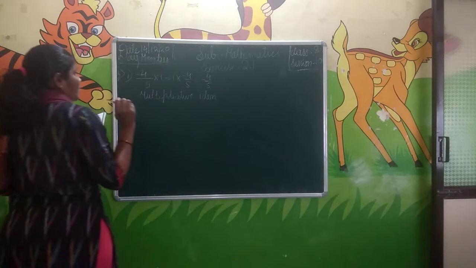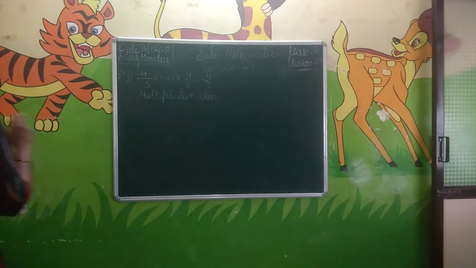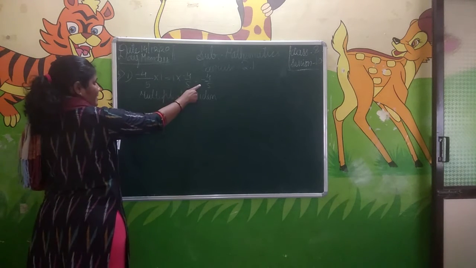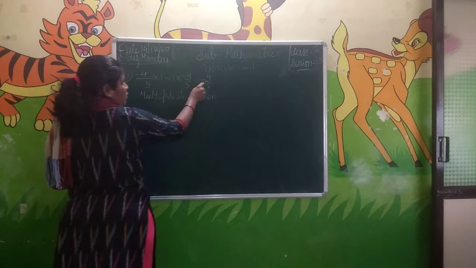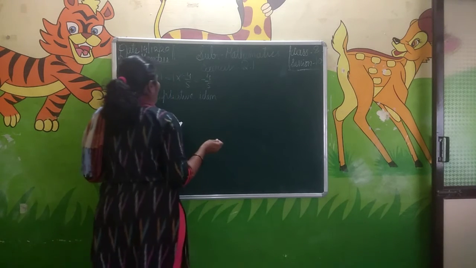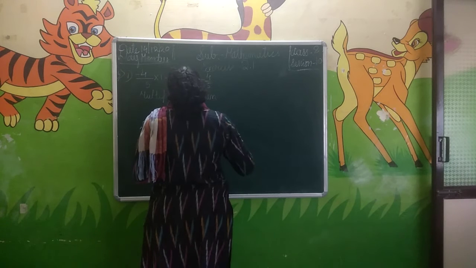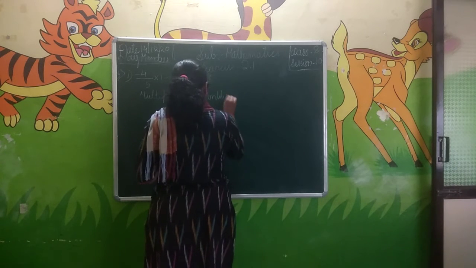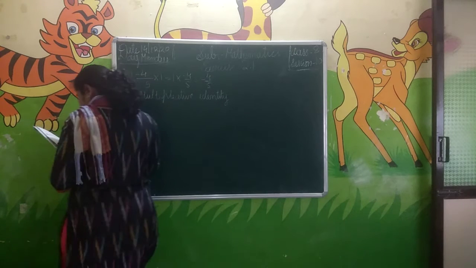From the previous 3 years we have studied that if any number is multiplied with 1, we will get the same number as the answer. We got the same number, that is 1 into minus 4 by 5 is equals to minus 4 by 5. So which property has been applied here? Multiplicative identity. Next, come to the second problem. What they have given here is